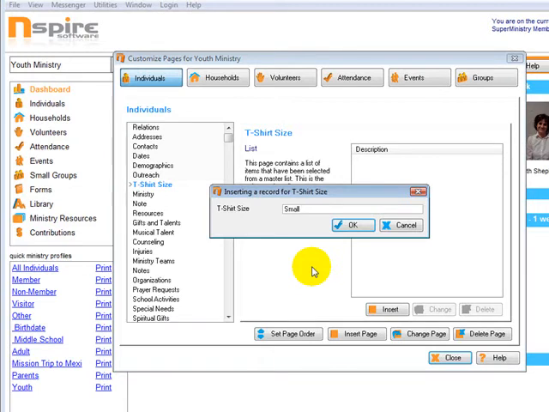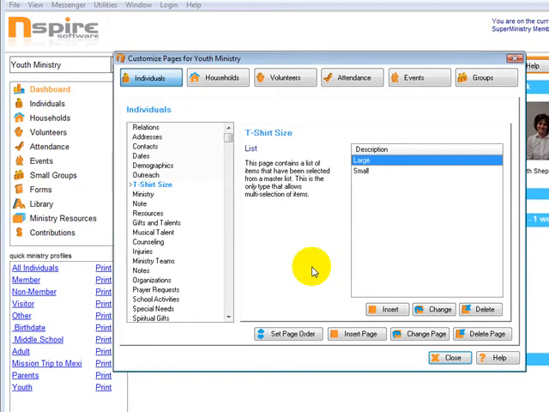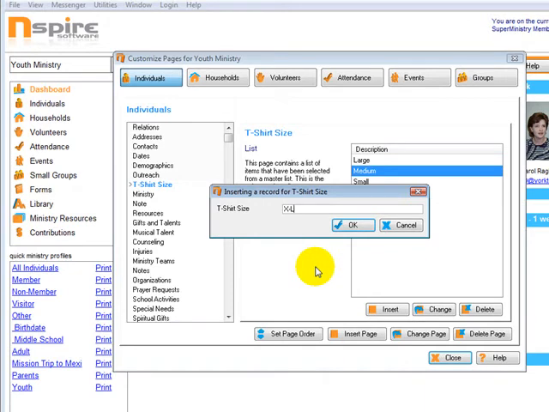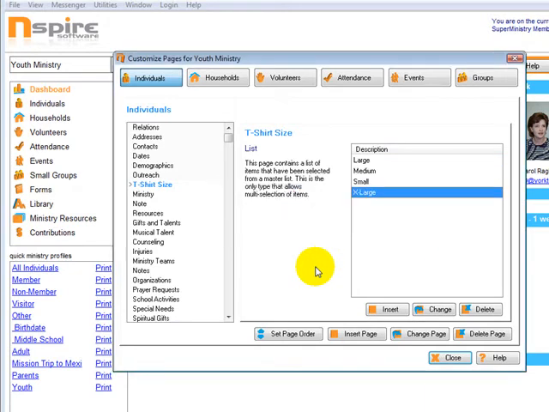One's going to be small, and I'll tab down and press enter again, and the other will be large, and pressing tab again and pressing enter just makes it a little faster to insert all this information. Medium, and we'll do one other one, and we'll just do X large. So now that I have these fields inserted into the t-shirt size page, I can now click on close,